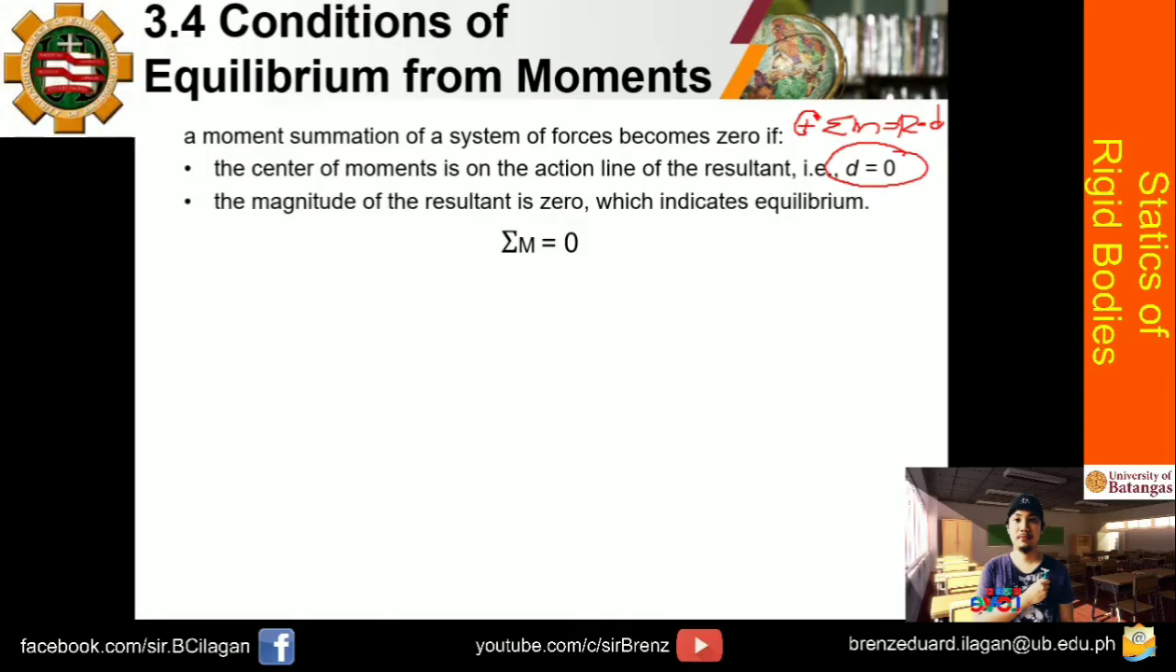And the second is if the magnitude of the resultant is 0, which indicates equilibrium. So kapag yung resultant mo naman ay 0, so ayun, the summation of moment will be equal to 0. Okay, so ang sinasabi lang naman dyan guys, if nabasa nyo yung inyong